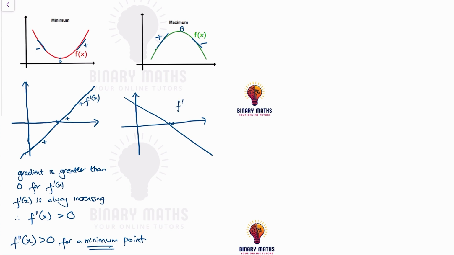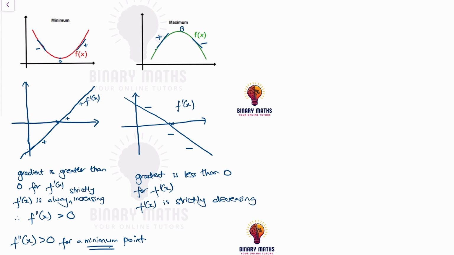Okay, and this is the gradient function, so this represents f dash of x, and you can clearly see the gradient is negative throughout. So the gradient is less than 0 for f dash of x, which means f dash of x is strictly decreasing. I should have said strictly here. Therefore, f double dash of x must be less than 0, which means f double dash of x is less than 0 for a maximum